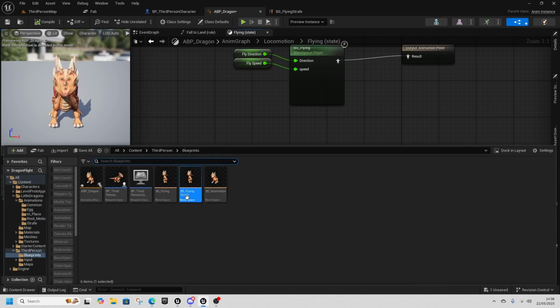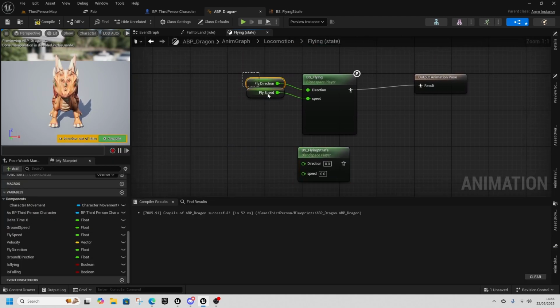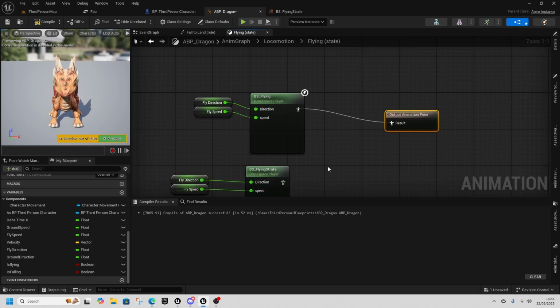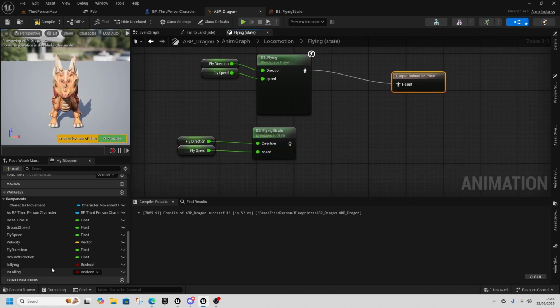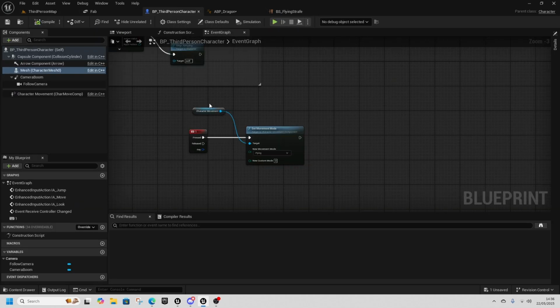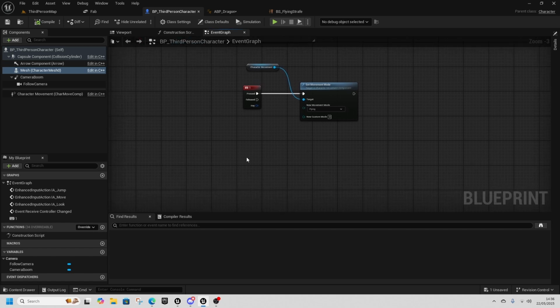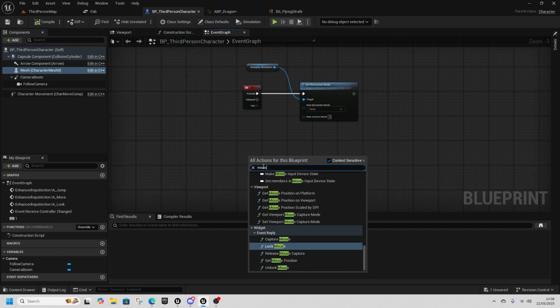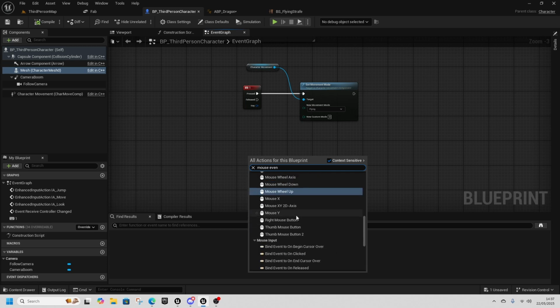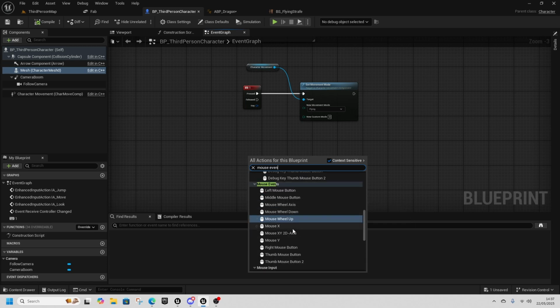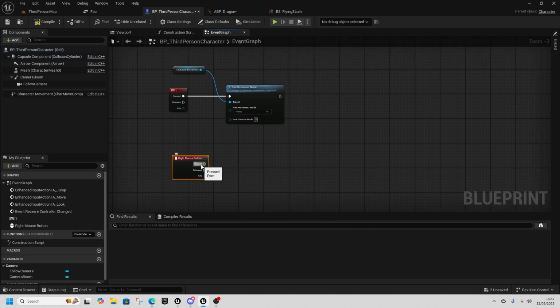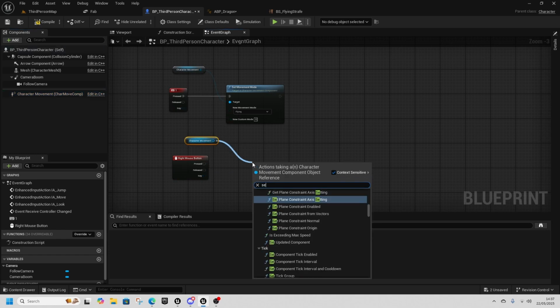So we're going to grab our strafe blend space, and we still want our fly direction and our fly speed, so we're just going to get those. And then we're going to do a switch, and we want to switch on control rotation. So we're going to go back to our third person character, and we're going to right click, get mouse event, and the mouse event will be the right mouse button, and when it's pressed, I'm going to get character movement, set control